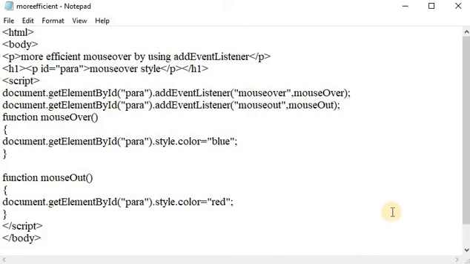In this program, we use the addEventListener function to perform the more efficient rollover operation, and we just need to set the event listener to the element by passing the parameters to the addEventListener function. The first parameter is the property of rollover, that is mouseover, and the second is the function name, that is mouseover.